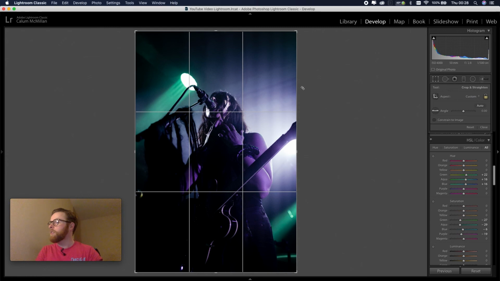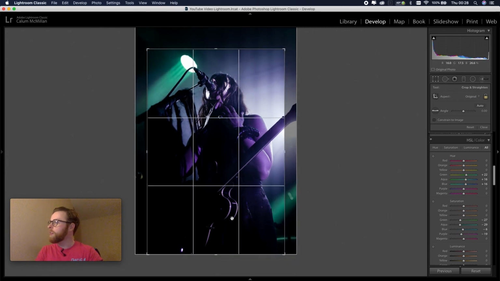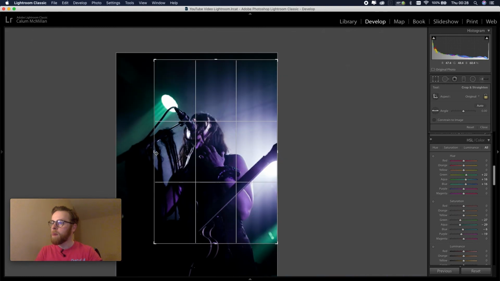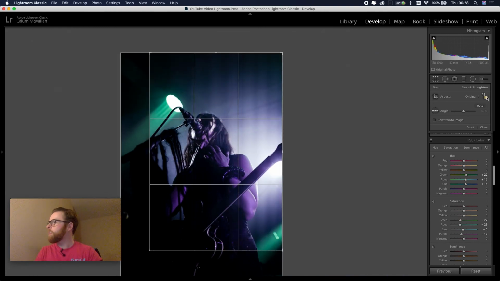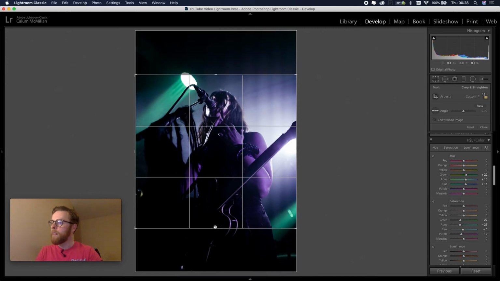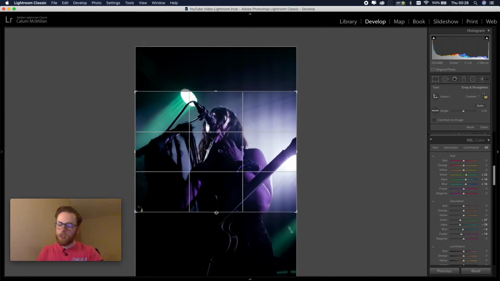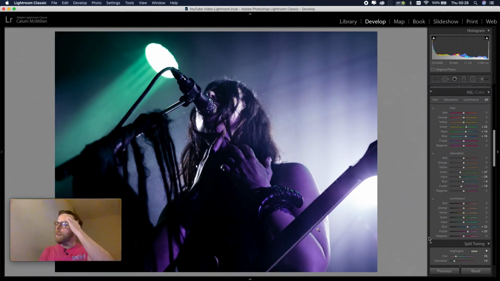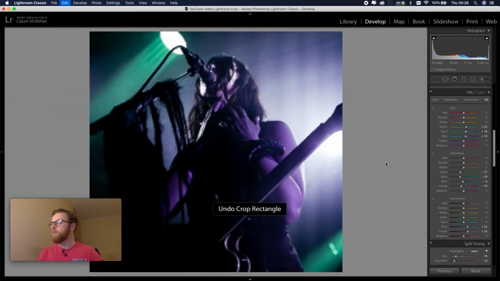If I had been shooting this as a landscape image, it may have looked something like this. I just unlock my crop there, that would help. So it might look something like this as a landscape. I don't think there's anything wrong with this photo, I quite like it. Again, there's a lot of focus on here, but if I then take it back